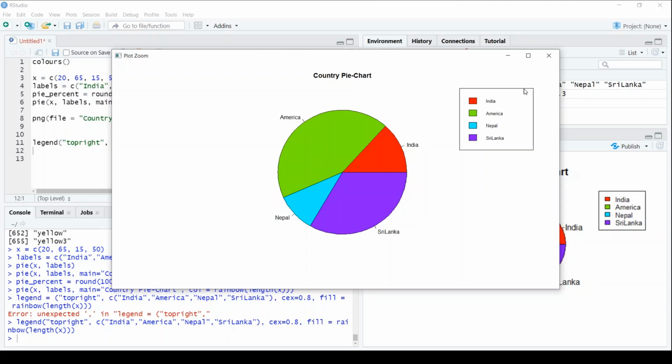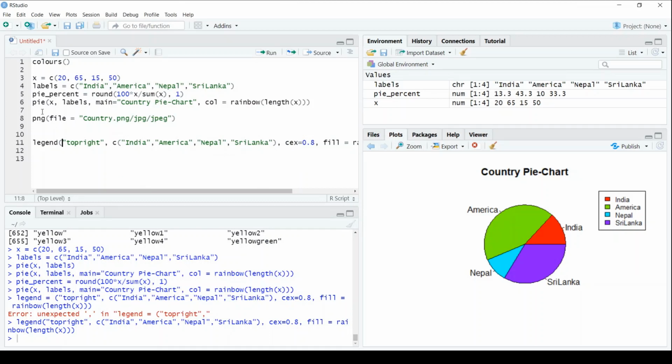Right, so we can have dimensions in a pie chart also. So we can create a 3D pie chart. For this purpose we'll be using a package named Plotrix, the Plotrix package, whose 3D function is there. As you wrote pie for your 2D function, here you used pie, now you will be using pie3D.